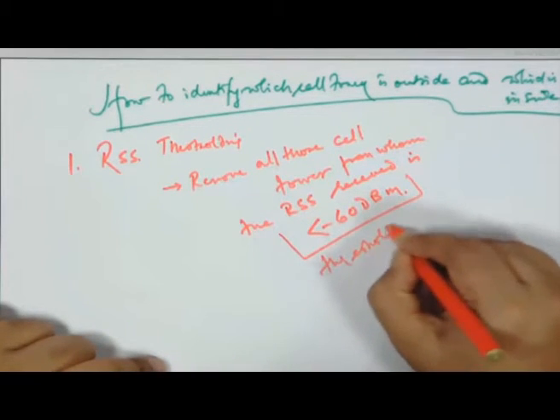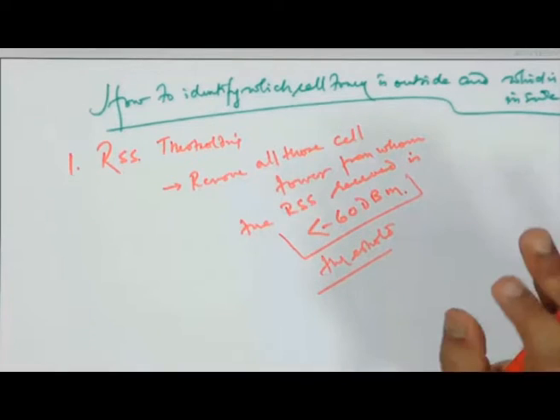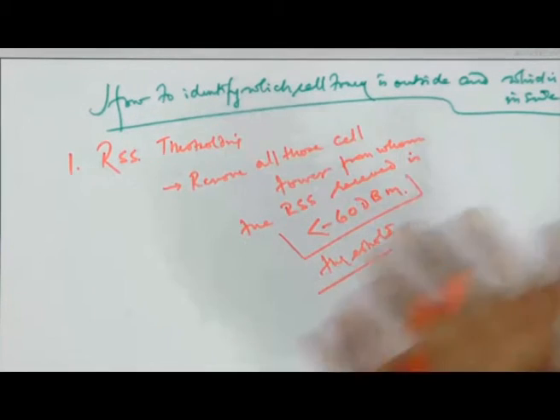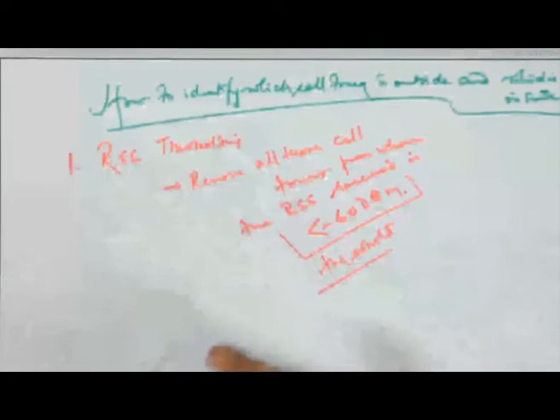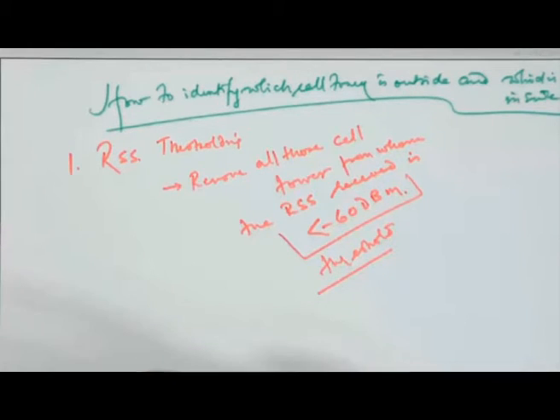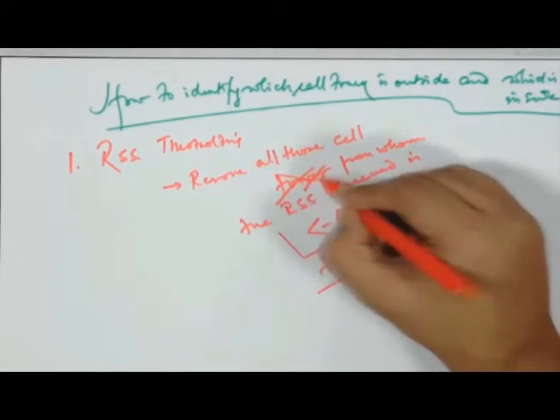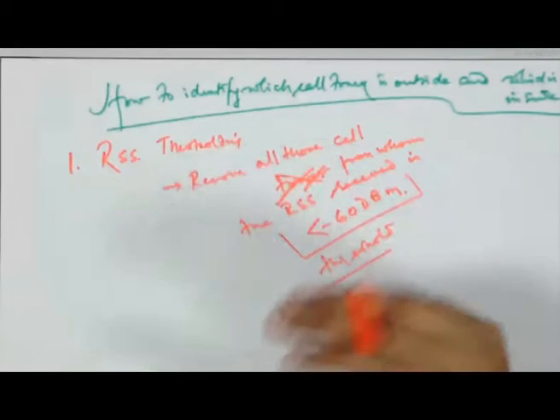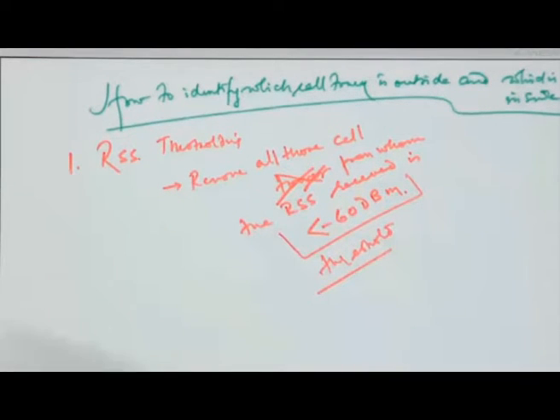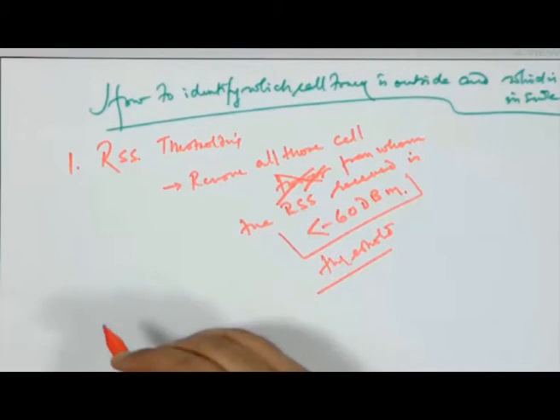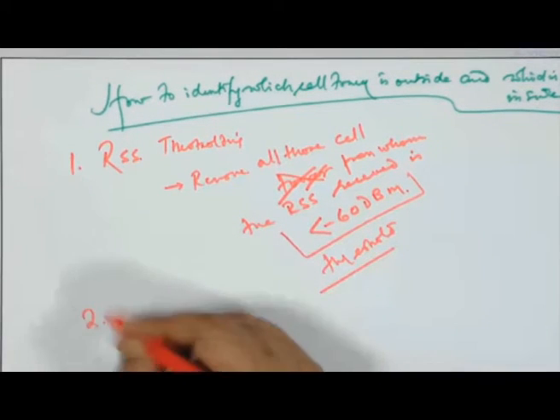So the threshold is minus 60 dBm. So what is happening? Simple, you remove all those cell towers from whom, or all those cells, rather let us write cells, not cell tower, because a cell tower consists of a lot of cells. All those cells from whom the RSS received is below minus 60 dBm. Okay. The second point is,